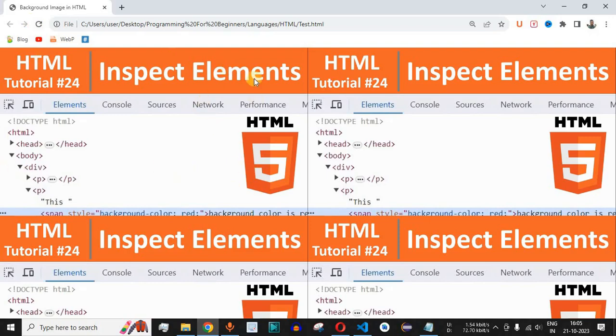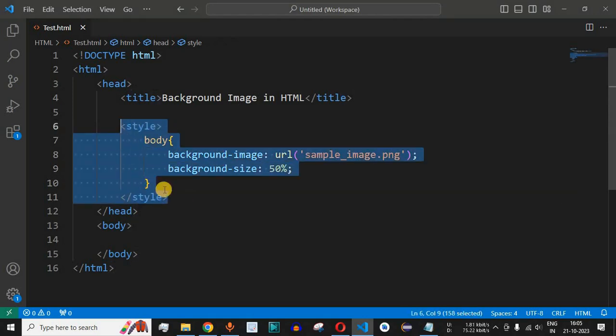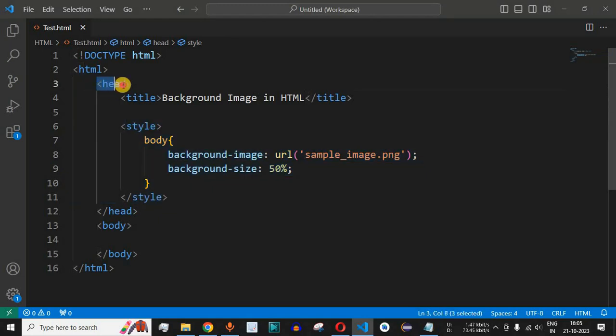As you can see, there is no change after defining the internal CSS, and in this way we can easily define the internal CSS. Inside the head tag we can define the style tag, and for this tag name, inside the open and close curly braces, we can have the different attributes of the styling that we want to define.